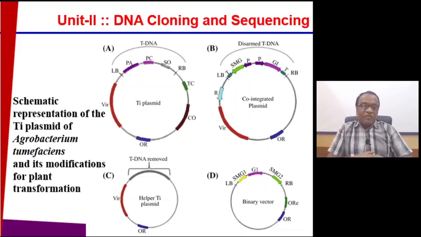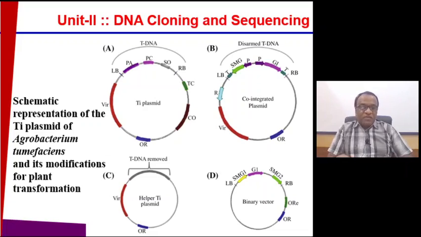coli and Agrobacterium tumefaciens. And the co-integrated vectors result from the integration of intermediary vectors that do not replicate in Agrobacterium tumefaciens with the Ti plasmid. This occurs via simple recombination using a region homologous to the disarmed strain. So essentially we are trying to understand the difference between a binary vector system and a co-integrated vector system with